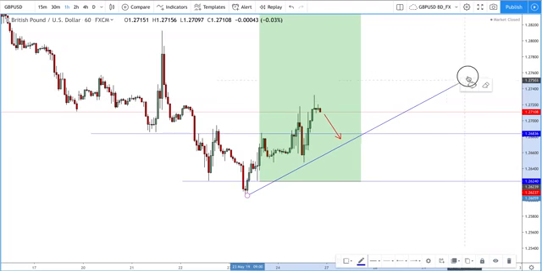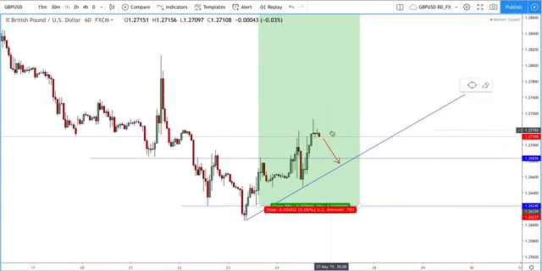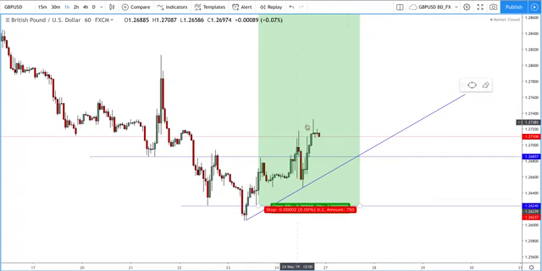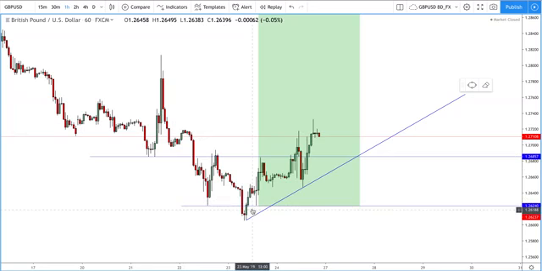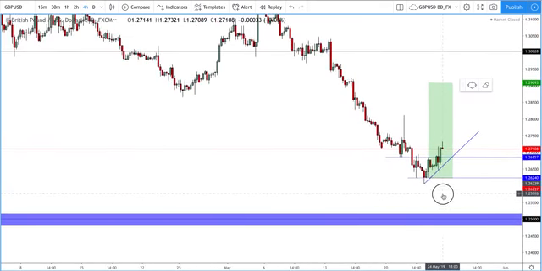I expect a pullback of some sort. We're not just going to fly to the upside. So yeah, I'll be looking at maybe coming down to test this support level of 1.2685 region, and then could possibly be another long trade on the cards there. If not, and we actually break through this, and we start moving down lower, at least you've taken 50% profit or 75% profit, and your stop loss is at break even. But on GBP USD, I am aiming higher at the moment.